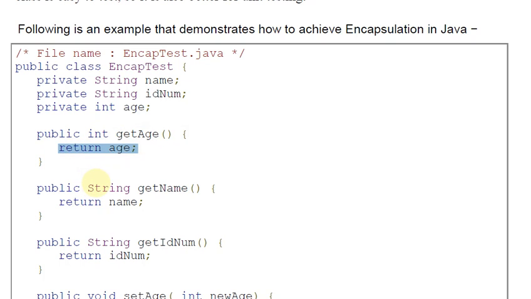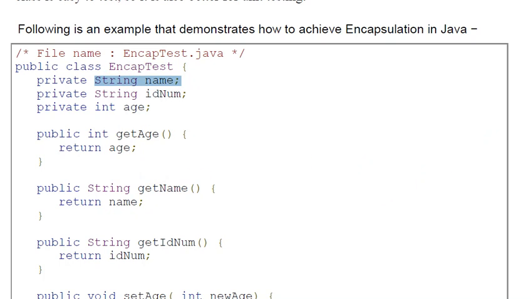In the same way, I declare another method, that is getName. Its return type is String, and I return name here. Look at this: name is a variable and its data type is String.